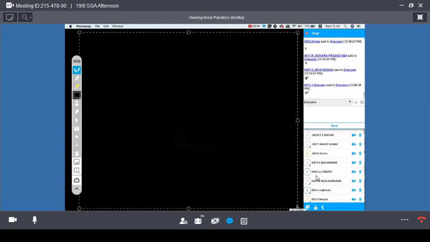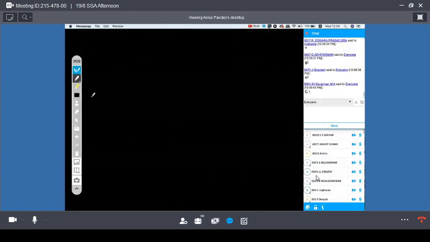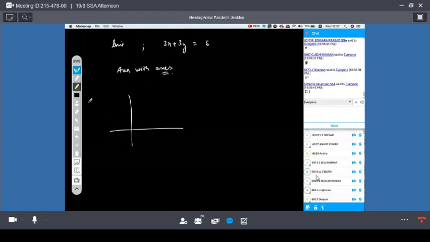Now simple question and tell me the answer. I know you can give me the answer another way as well. But if I am asking you, beta, there is a line which is 2x plus 3y equal to 6. What is the area covered by the line with the axes? So you will be like, first task, draw the rough sketch. x equal to 0, y equal to 2; y equal to 0, x equal to 3. So this might look like this. Yes or no?